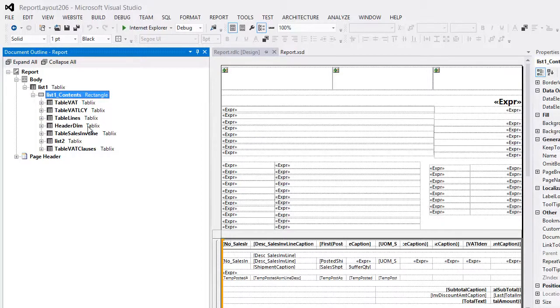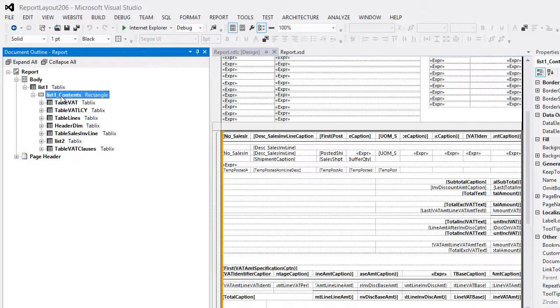Again, notice how the selection in the document outline is reflected in the report layout editor. For instance, selecting the list will highlight the list area in the report. Likewise, expanding the page header, we see the text box controls in the report header.